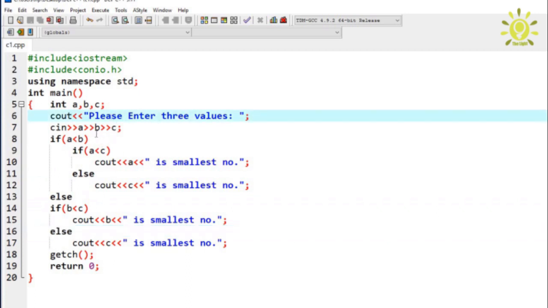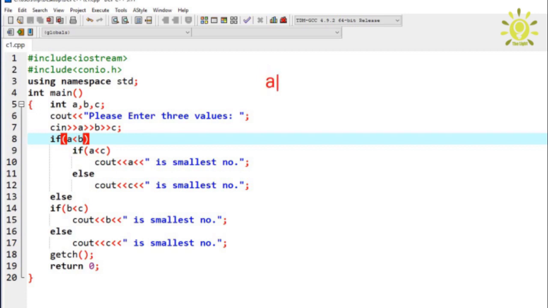Here you can see that if the user enters the three values a equal to 4, b equal to 8 and c equal to 1, control moves into the first condition and checks a less than b.